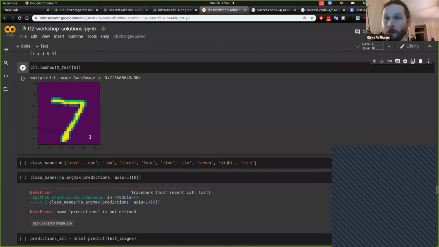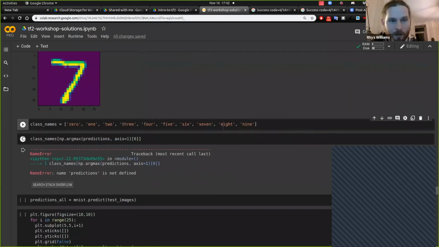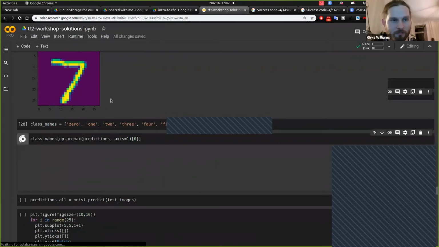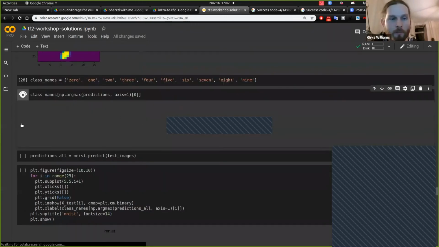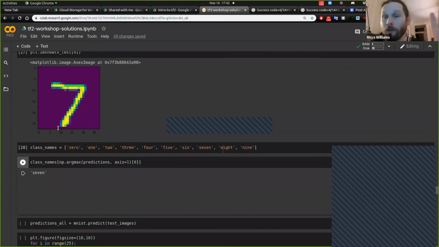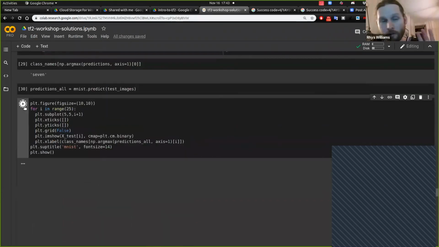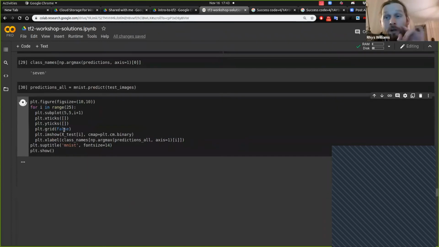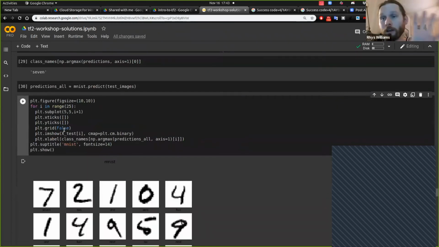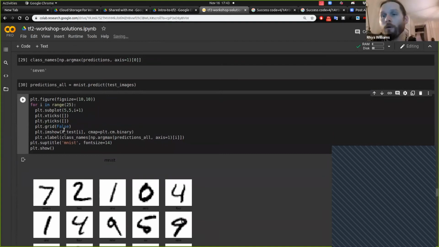I'm just grabbing my class names and then I'm going to look at my predictions. There are more complex ways of verifying our data, and we're going to have a look at that now. First of all, I'm going to plot them all, but I really want to show you a really, really, really cool callback that's really going to get you intuition of how